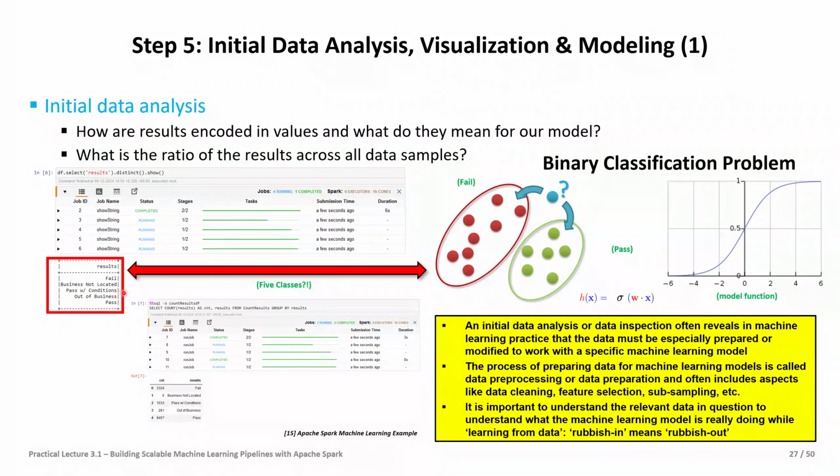So PAAS without conditions or with conditions, there are different classes really, and one is even out of business. Hence, we can see this is not a binary classification problem. But in a way, our goal is still to do it as a binary classification problem, right? In a way, we want to say, will it pass or fail? Everything else, if they can't find the business, or if they are already out of business, I don't care that